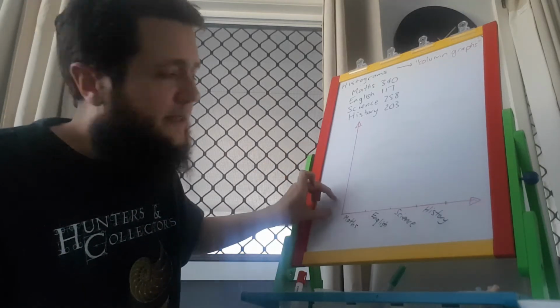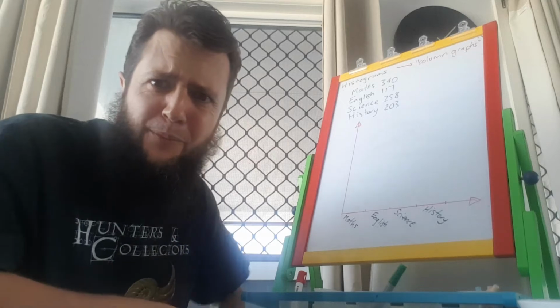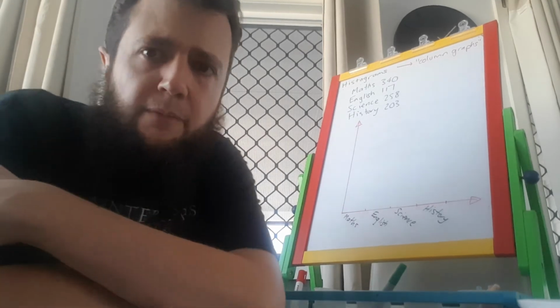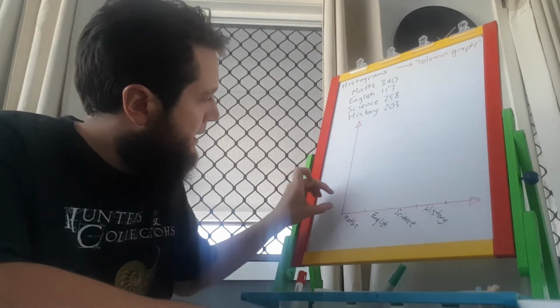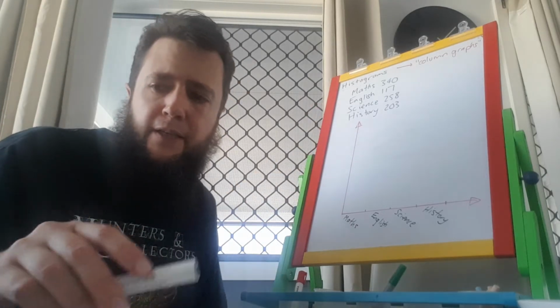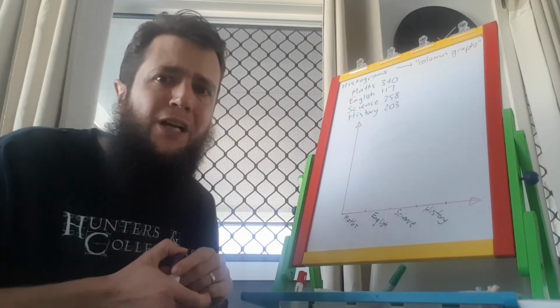The issue is, I'm not going to write 1 up to 340 on this side, am I? I'm not going to sit here and write 1, 2, 3, 4, 5, 6, 7, 8. This is what I'm talking about: determining a good scale, working out a good number of values to do between each data point. And look, as a general rule, I'm going to say this, work in 1s, 2s or